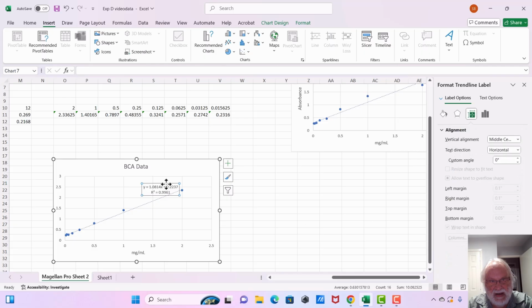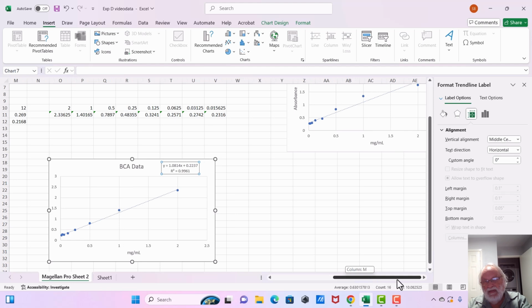Oh, look at this equation. Look at this, r squared is 0.9961. This BCA data looks really, really good, and I would think that this curve is going to be very valid for any calculations, anything that you want to make. But on the other hand,